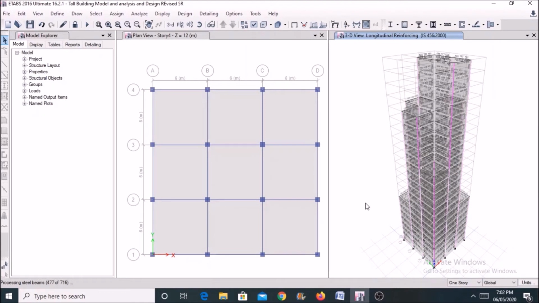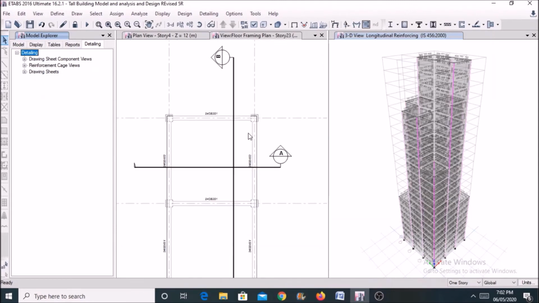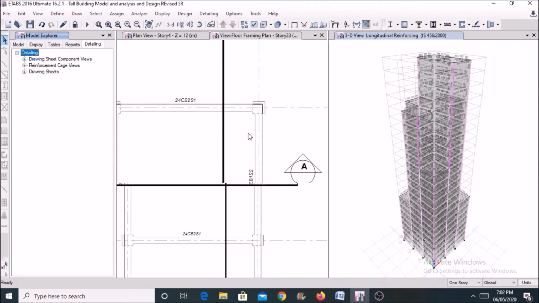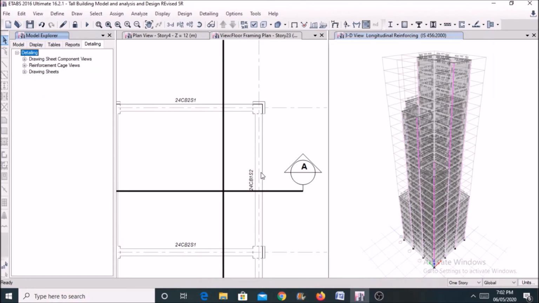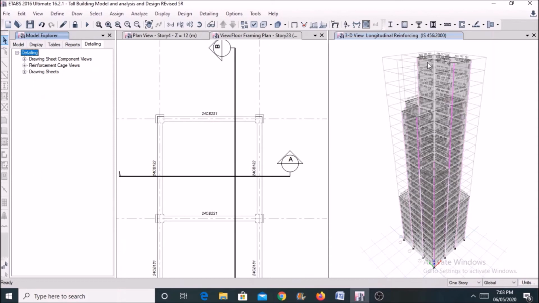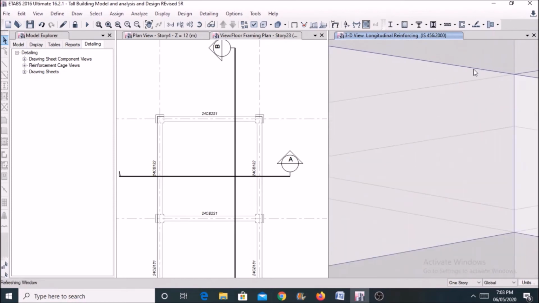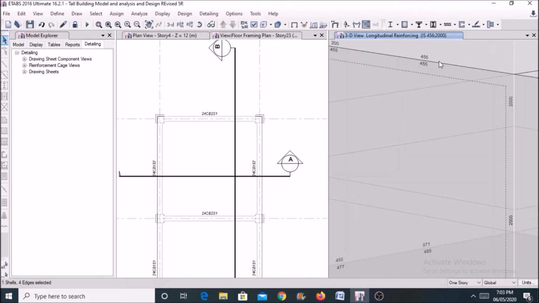It is in process. You can see here the slab section. If you click here and if you want to zoom it, you can see the area of reinforcement which is provided for the different members of beams.